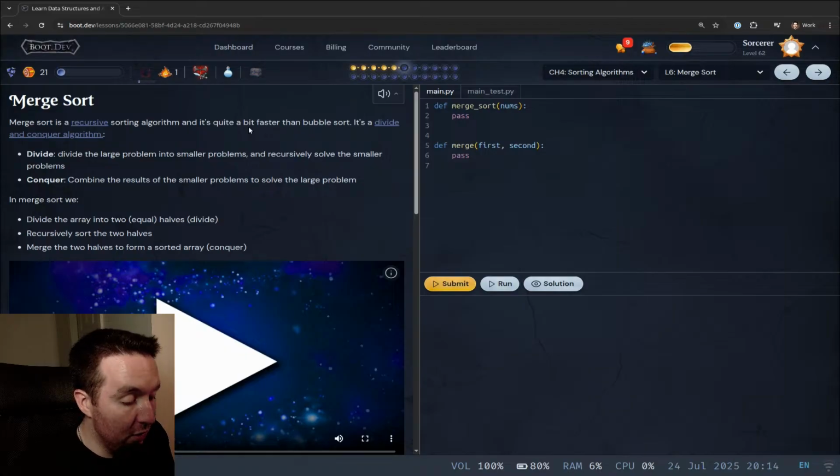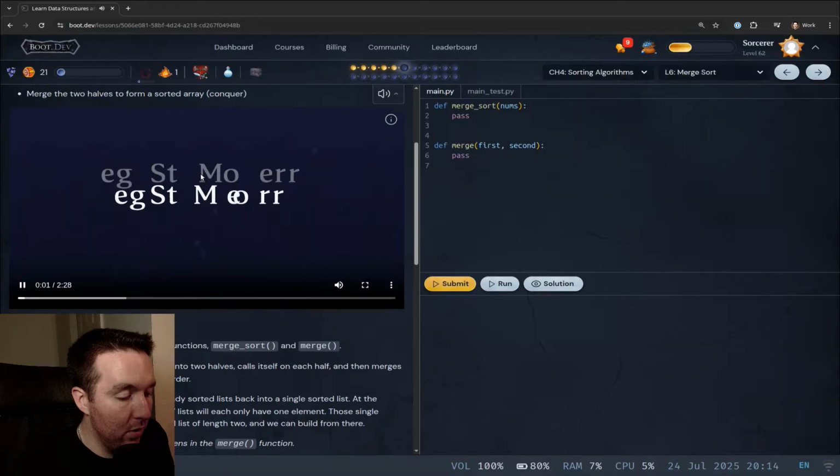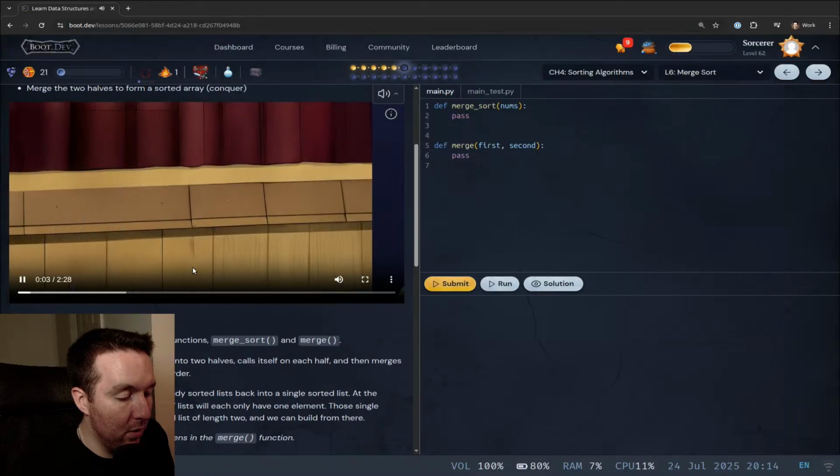Recursively sort the 2 halves. Merge the 2 halves to form a sorted array, a conquer. First, let me explain the pros and cons of merge sort, and then we'll break down the algorithm step by